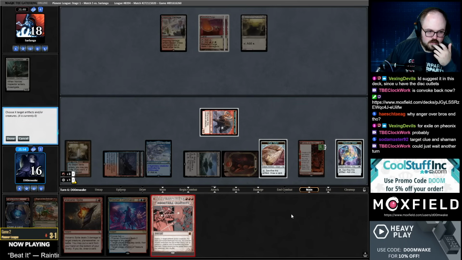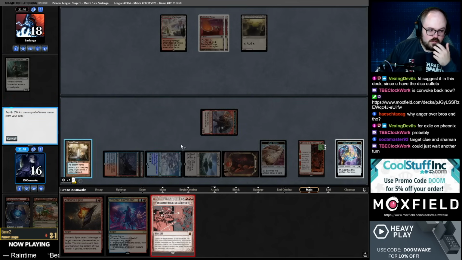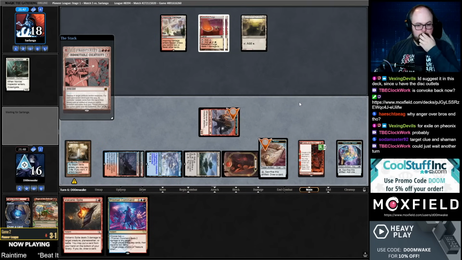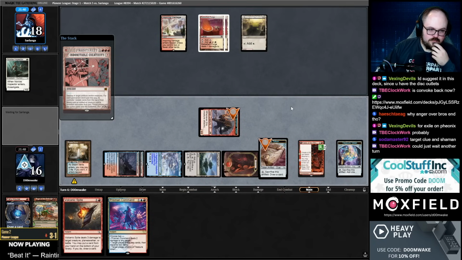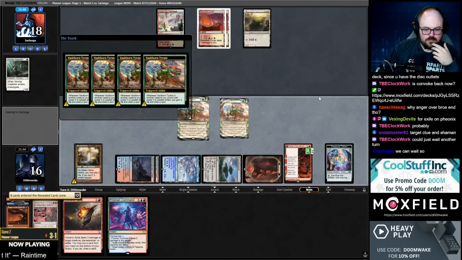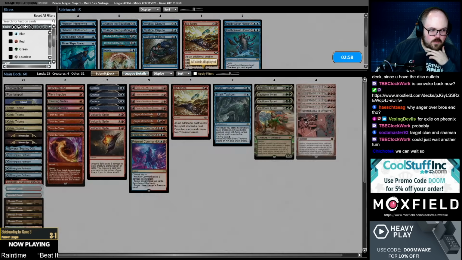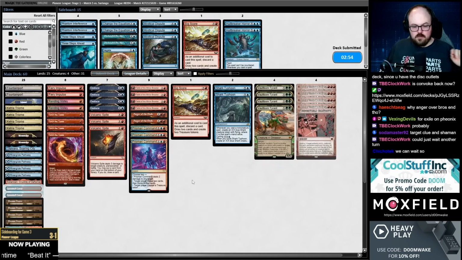Target Clue and Shaman. Oh, right. Yeah. And we have the treasure up. That's a good call. Okay. So this way, if they have Containment Priest, we still have 2 mana up. We can wait. We just don't need to, you know? Like, we have them covered with the removal spell on Containment Priest. I guess they could have 2 Containment Priest, but...